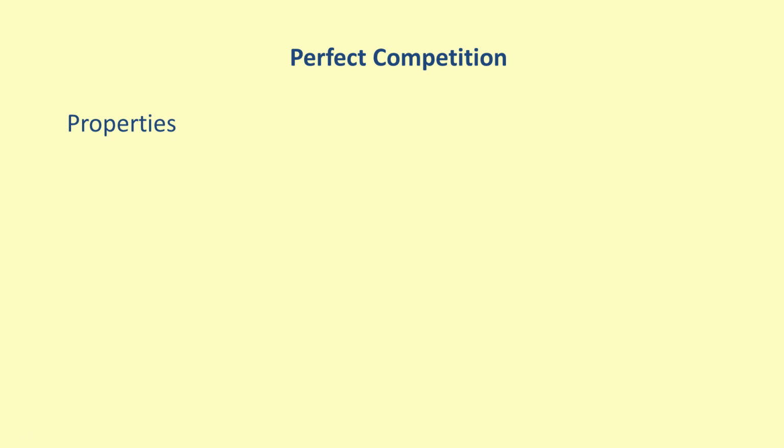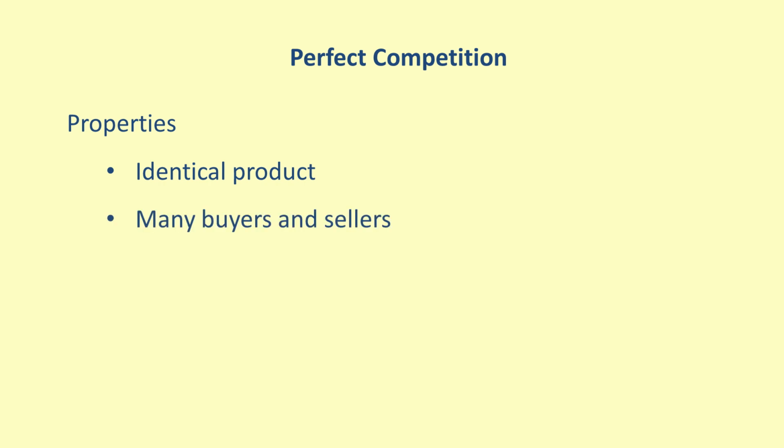Perfect competition is an economic model of a market defined by several key properties. In perfect competition, every firm is selling an identical product. There are many buyers and sellers of the product, typically numbering in the hundreds or thousands. Next, buyers and sellers must have complete information about the product being sold and the prices of all sellers in